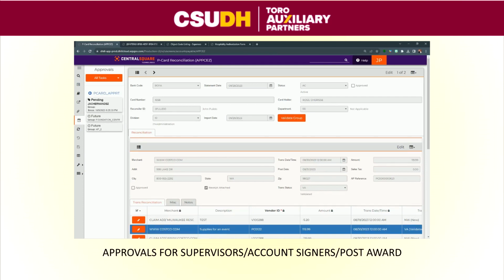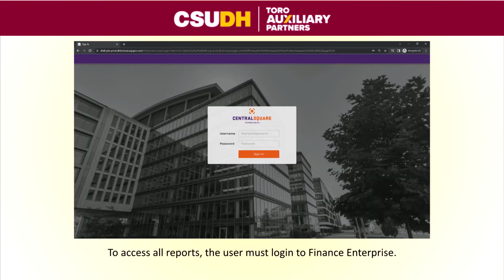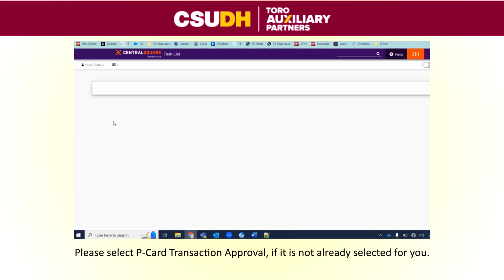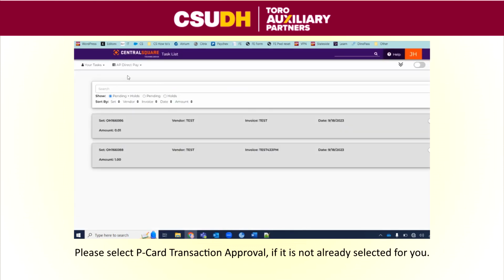If you are a supervisor or account signer or post-award analyst, you may approve transactions using the task list. To access the task list, please log in to Finance Enterprise. Once logged in, access the task list on the left toolbar. Please select P-Card Transaction Approval if it's not already selected for you. The ID should say